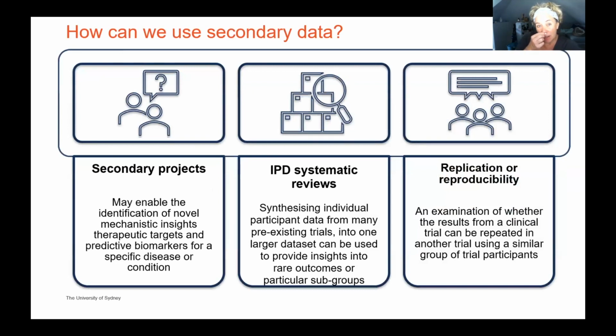So how can we use data? What is the secondary use that HSANDA talks about? Well, the most common is probably in the middle panel here, IPD, individual patient data systematic reviews, where you bring together data from trials that were all investigating similar questions, and you reanalyze it. Thereby, through increased power and understanding of heterogeneity, you can find new information, particularly for hard outcomes that occur at low frequency in the original trials, like death. Some trials measuring death may not see it occur, but when you bring 90 trials together, you might be able to understand something about the effect of the intervention on mortality.